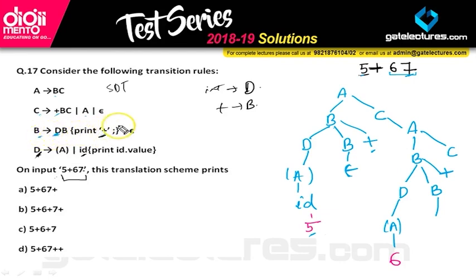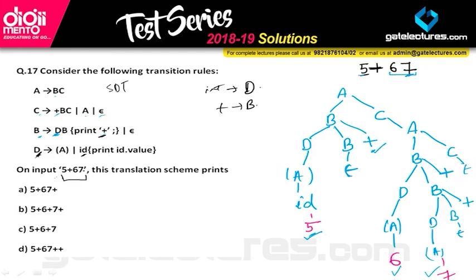B is producing DB. After producing DB, print plus. So print plus should be here. Now I want one more because I want to produce 7. So in place of B I will use the production D, B, and then again plus. In place of D I will use this production and then it will be used as 7. Now I have produced my 5, my plus, my 6 and 7. The rest I will see later, but this much I wanted to produce. So B will be replaced after that by the null production, and C will also be replaced by the null production.